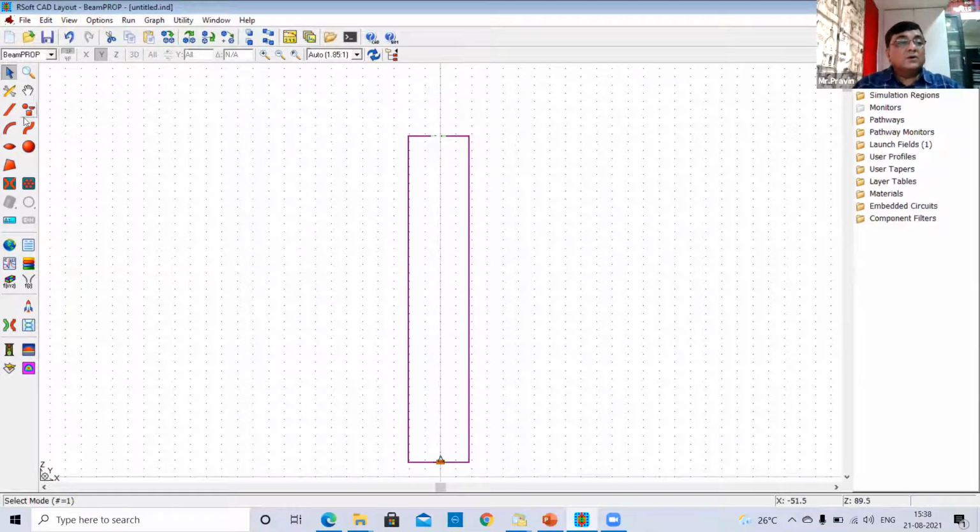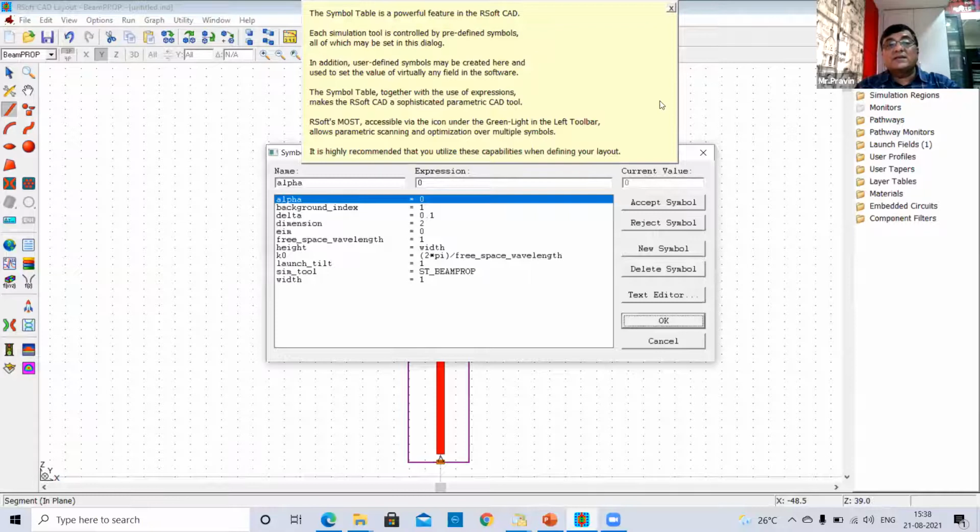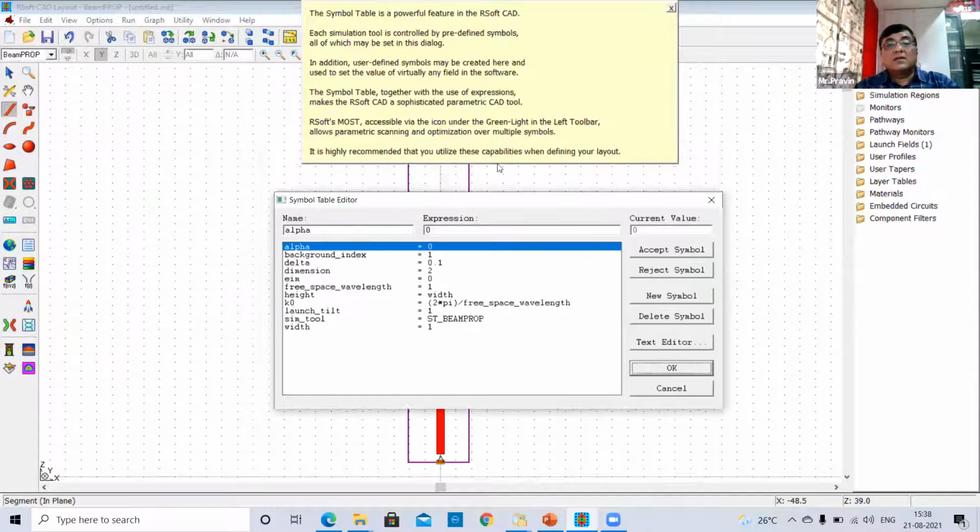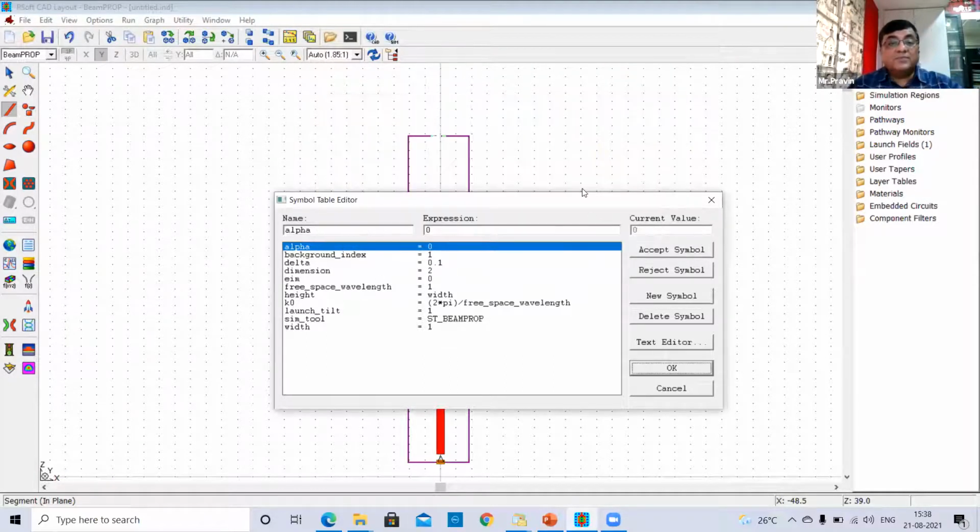Now here, this is the symbol table. As soon as you create any segment, it will automatically define some variables.